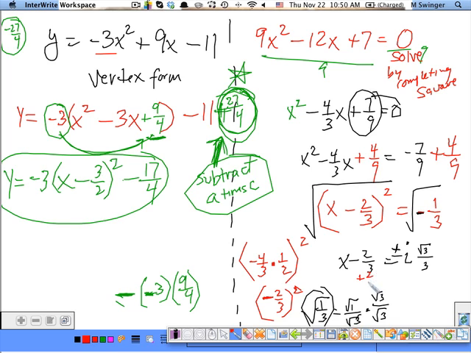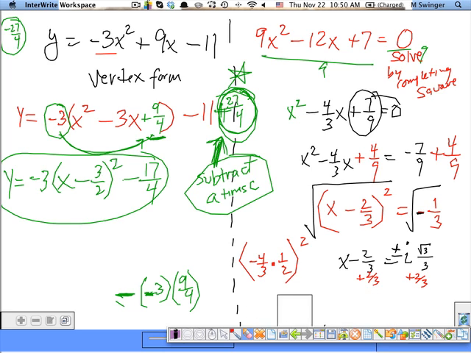Last step, add 2 thirds. So plus 2 thirds, plus 2 thirds. Final answer is right here. It's just hard to see because I don't have a lot of room. So I'm going to erase the bottom. All my work here. So x equals positive 2 thirds plus or minus i root 3 over 3. You could actually put those two things together because they have the same denominator, but I'm okay if you leave it like that. Matthew? I didn't simplify